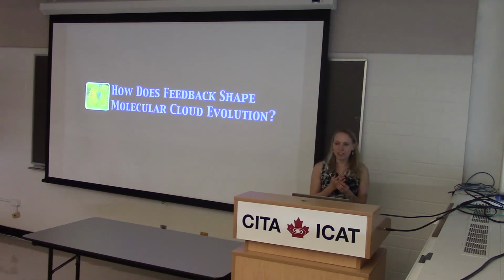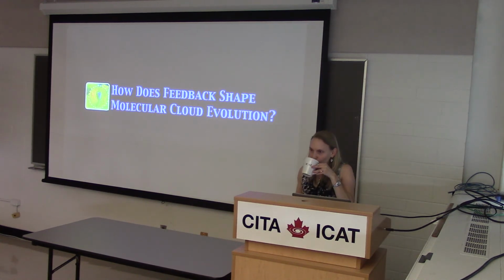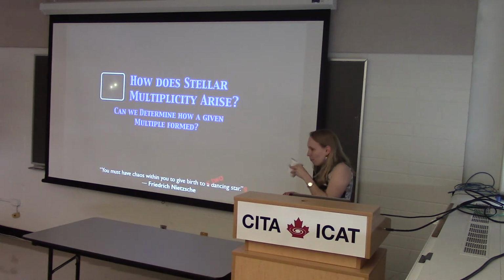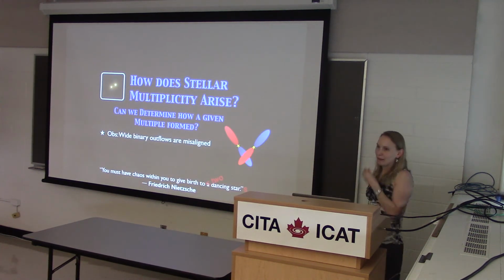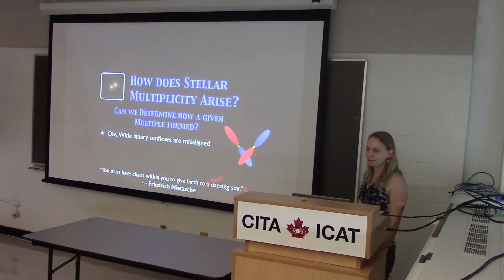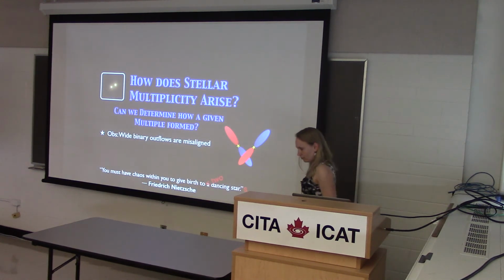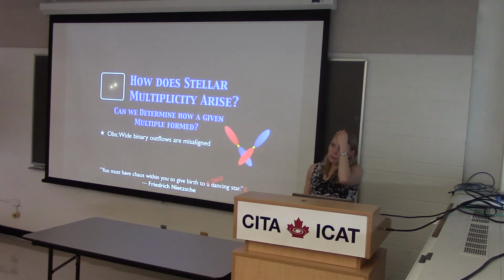All right, so how does feedback shape? Yes? Looking at the revolving ball diagrams there. Mm-hmm. So you've also got a misalignment relative to the line of sight or the plane of the sky. That's right. Can you tell anything about that from the axial ratios and outflow? I don't think so. I mean, it's pretty difficult.